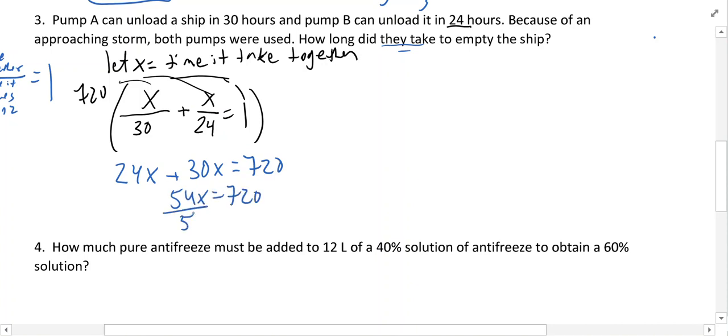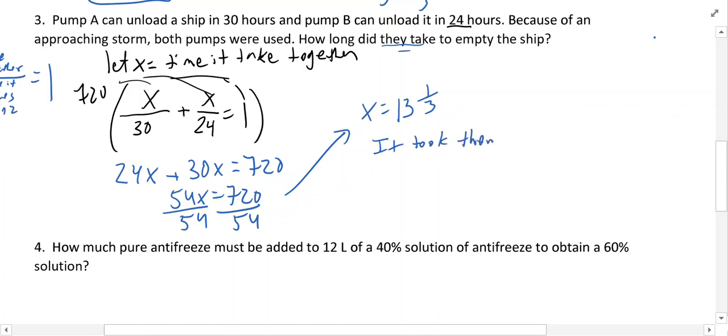We're going to divide each side by 54. And when we simplify this, x is going to equal, so 720 divided by 54 is going to simplify to 13 1/3. All right, so now remember, since it's talking about times, we would say when they ask how long did they take to empty the ship, you could say it took them 13 hours. And remember, it's 1/3, a third of an hour. So it took them 13 hours and 20 minutes